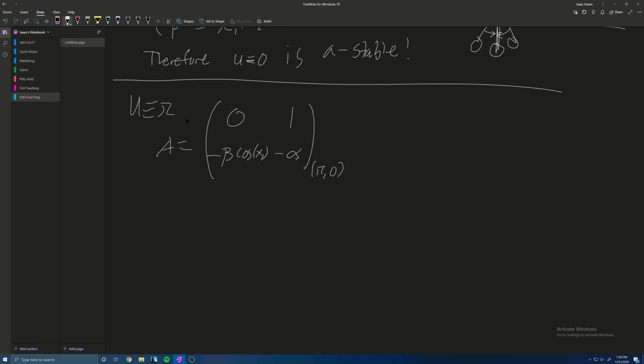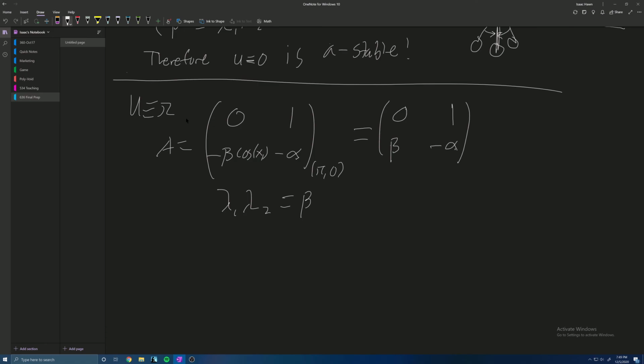We see something interesting here. We see that 0, 1 up there, and then you plug in pi for x1 there. You see that the cosine of pi is -1, so this is a positive beta instead of a negative one like we had up there. Minus alpha is the same. And similarly, the determinant of this matrix will be the product of its eigenvalues. So lambda 1 and lambda 2, whatever they are, multiply to equal 0 times minus alpha, which is 0, minus beta. They multiply to equal minus beta,